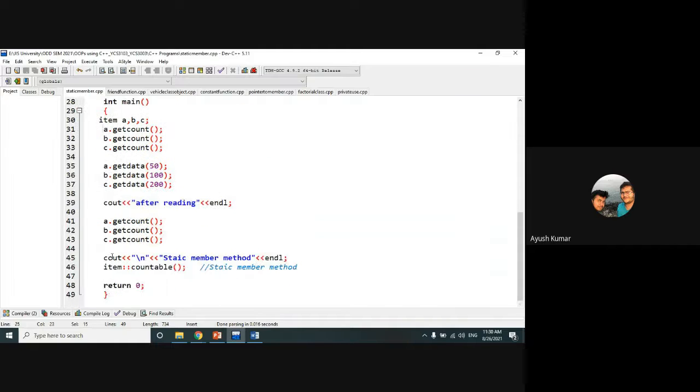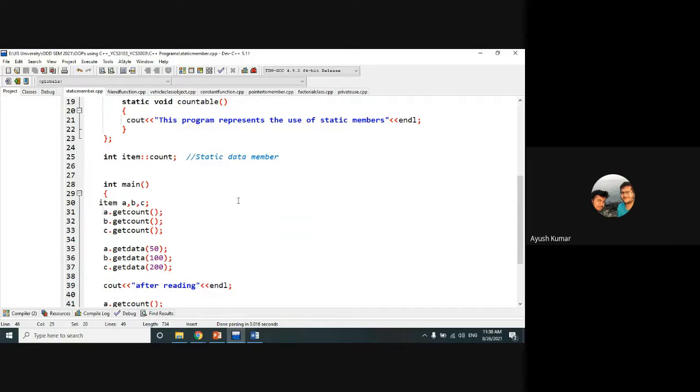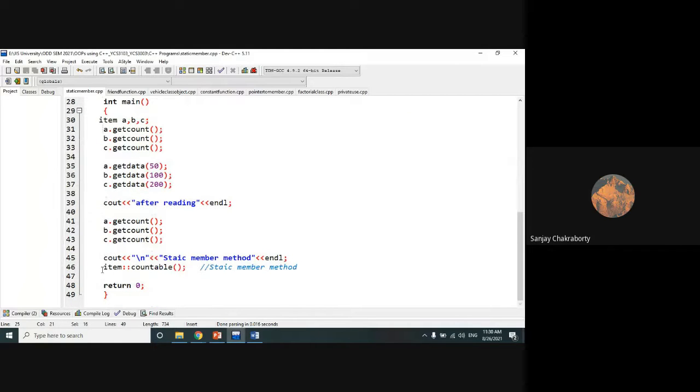This is used in the main function. You can also, I think, use it outside the main function.